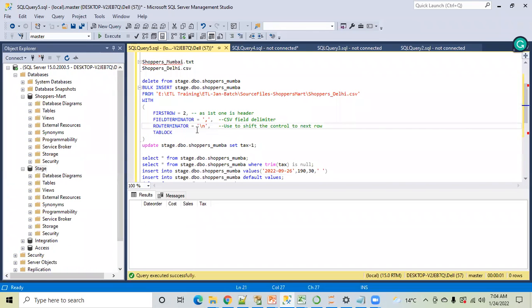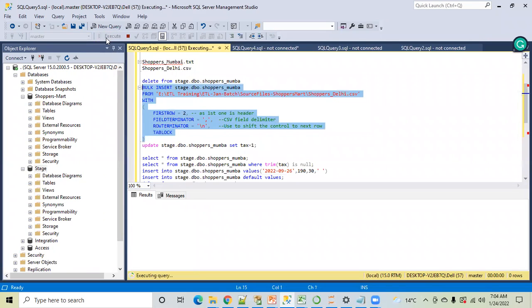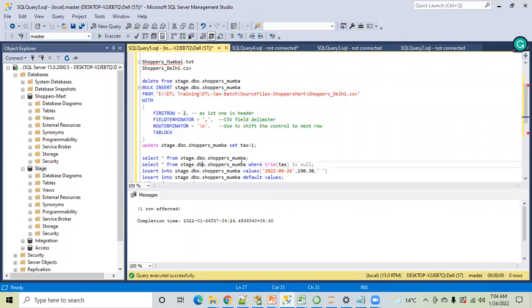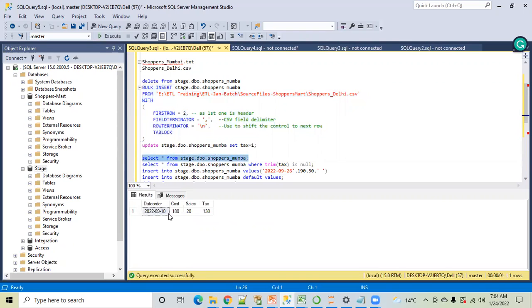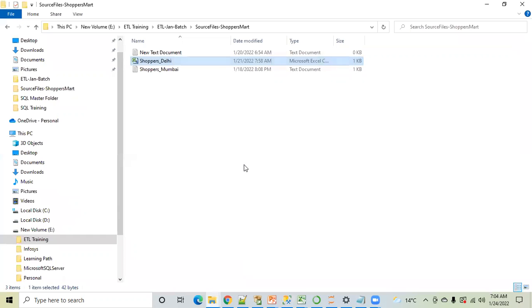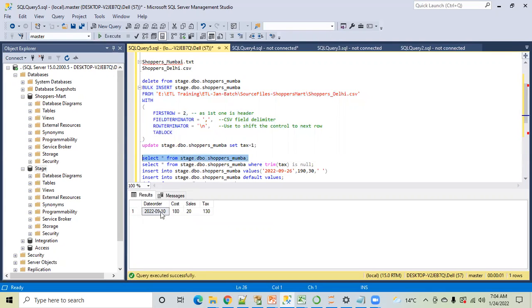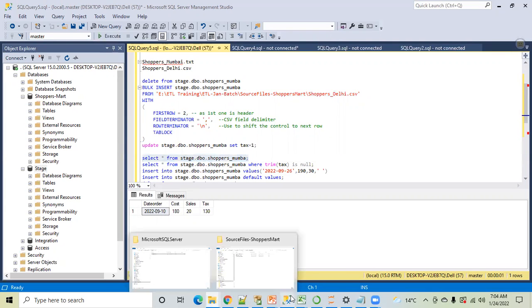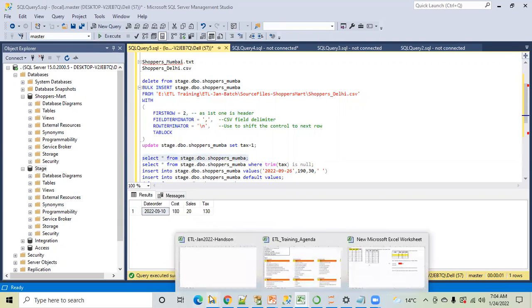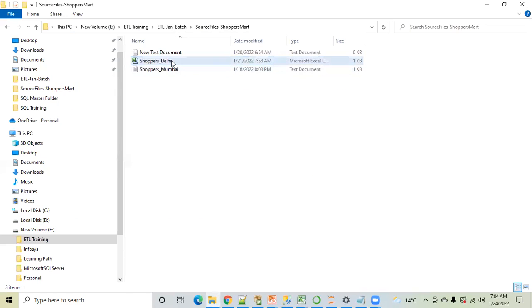Like we have discussed, this is a small piece of code which I will run to load the data. One row affected. Let me check if the data has been loaded or not. So data has been loaded. Okay, I think this is clear. Any question? Okay, now you don't have any question. Now suppose this data was of which date? 10 September 2022. Okay. Now what I will do is, suppose on the next day, that's 11 September,